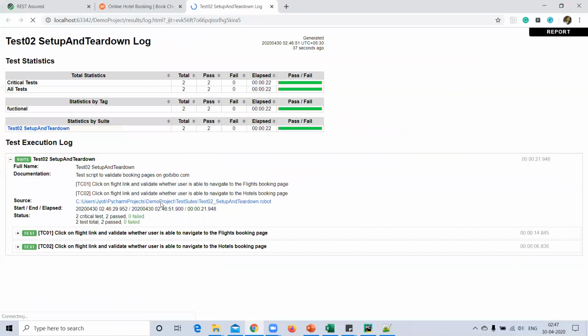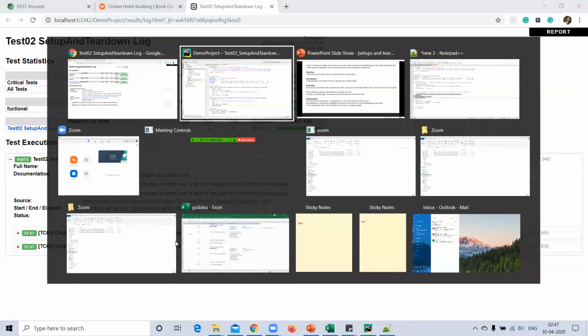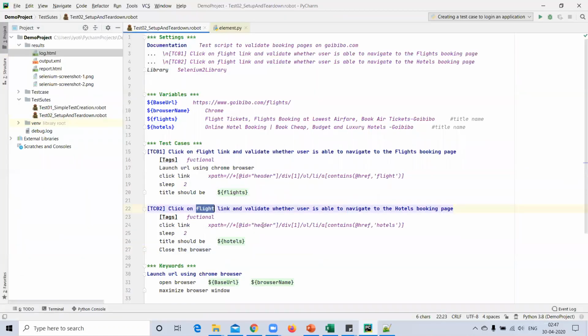Open in Chrome browser. So here are two test cases. Clicking on the flight link and clicking on hotel booking. So let me change the name for hotel. Okay, so both test cases are passed.